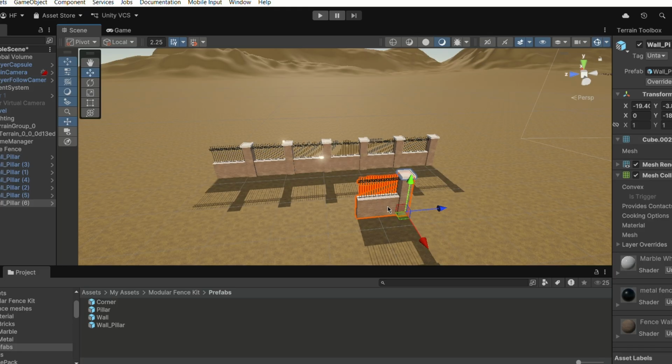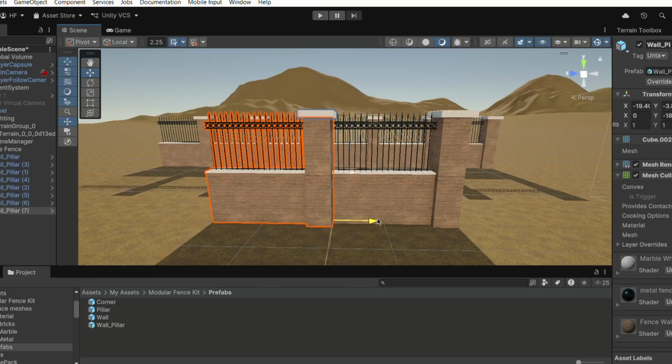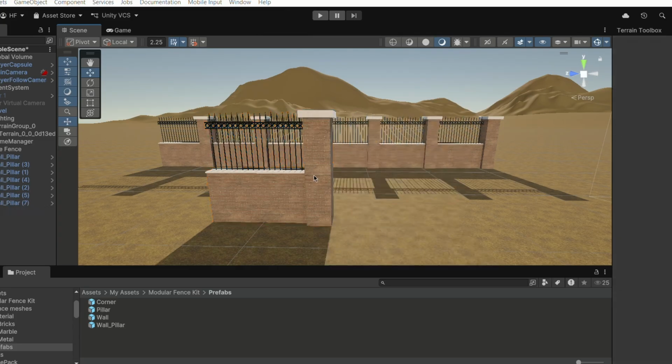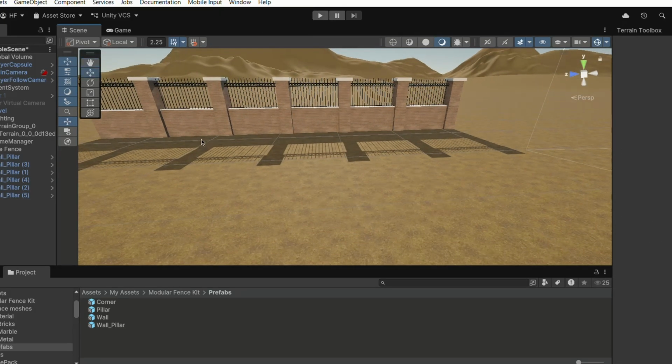So without snapping, it looks like this. We have to zoom in, make sure we have the correct placement, which can take time and be frustrating. And for building, it's not a practical way to build a long fence or a big fence. So that's for building